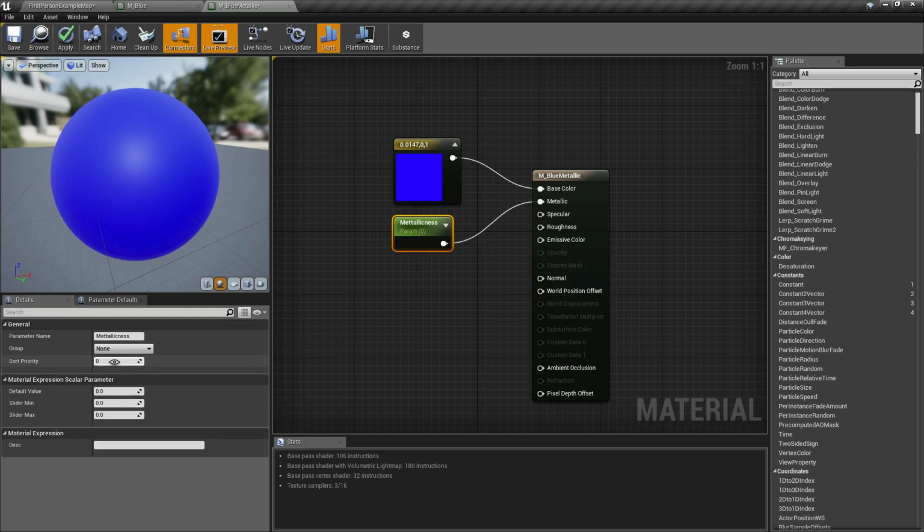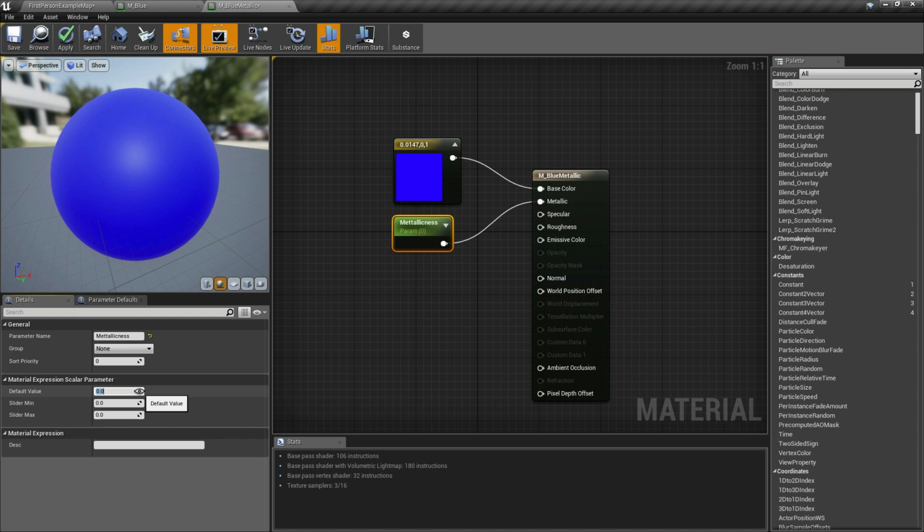Then select the parameter, and in the details panel, you can adjust the default value. So the default value depends on your liking and on what the material you're creating needs.